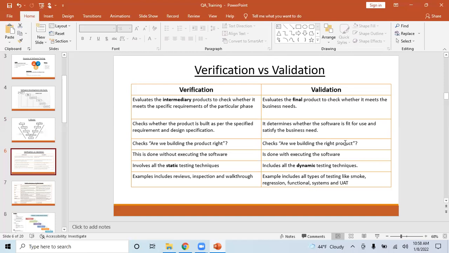So, Kiran, I have a question. In verification and validation, if you take these two, while you are doing the verification, you and your stakeholder, the customer, are discussing whether it will be customer friendly or user friendly or not. Everything will be discussed in the verification, okay?